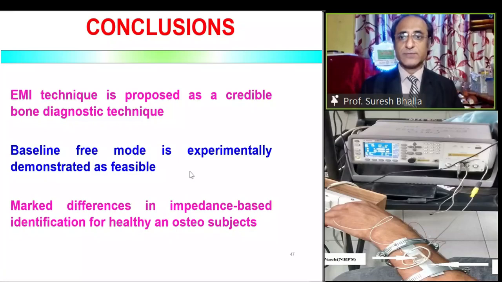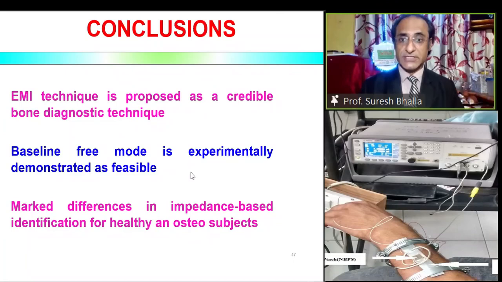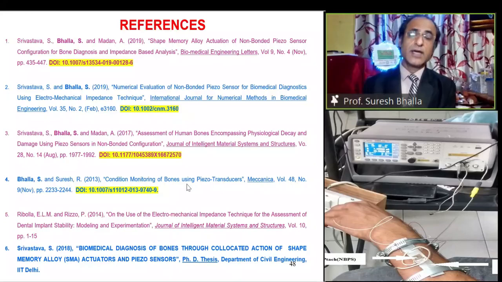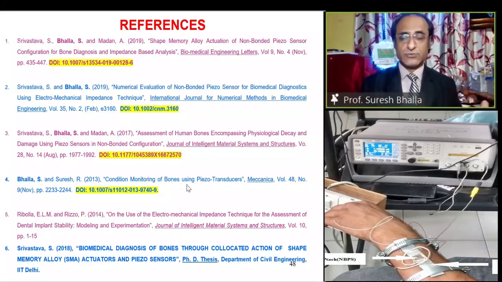here in brief, the EMI technique is successfully proposed as a credible bone diagnostic technique. It is shown in a baseline free mode, and then the results so far, they show that there are credible differences between the nature of the signature in terms of the impedance based identification for the healthy and the osteo subjects. So more studies are again needed. We'll collaborate further, because here in principle we are able to distinguish the 2 extremes. One extreme is healthy and highly osteo, and in between we need to do more experiments and do